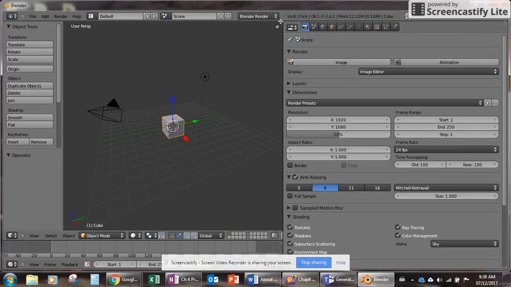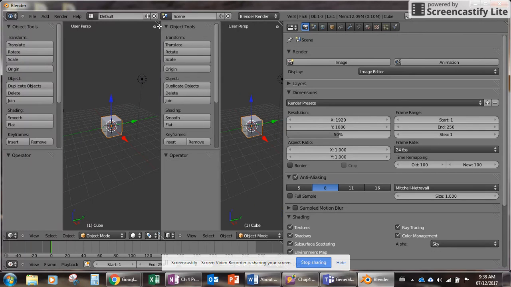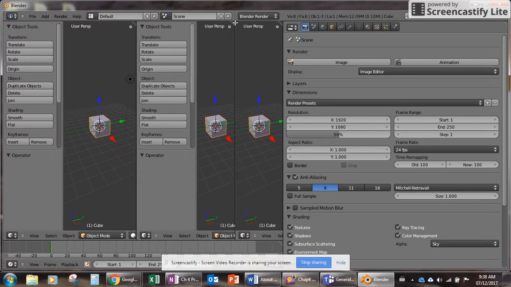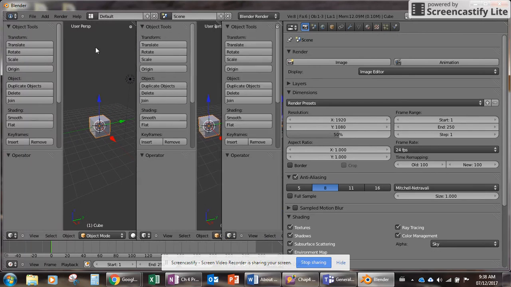Oop, where did that go? Oh, now I have too many of these. So just a quick understanding of how the panels work. So if your panels, you want to get them back to the way you wanted, what you want to do